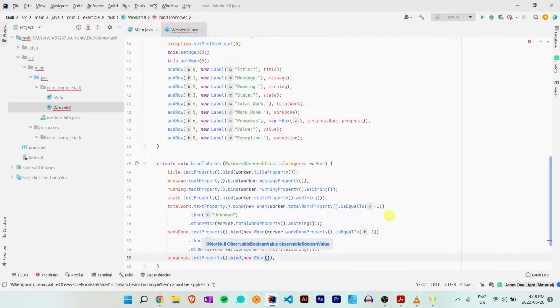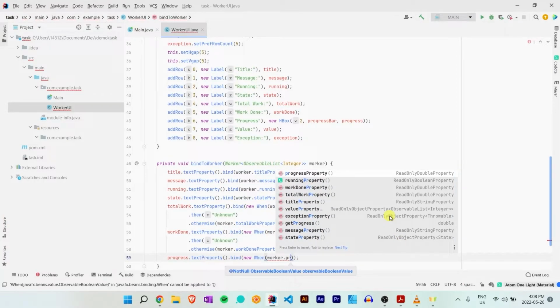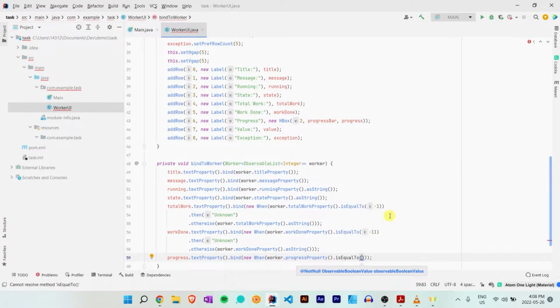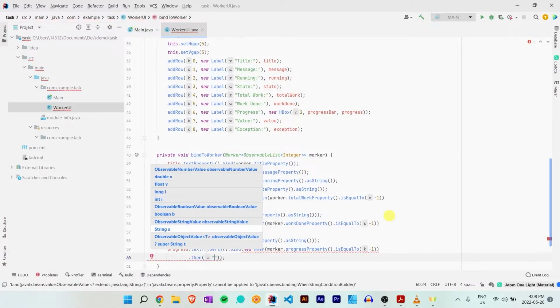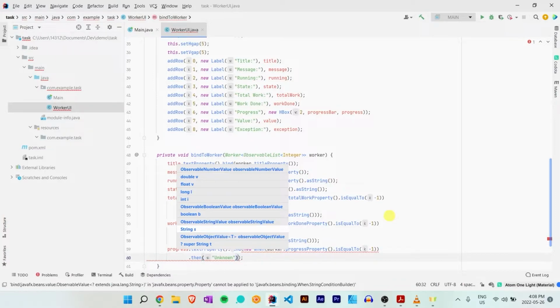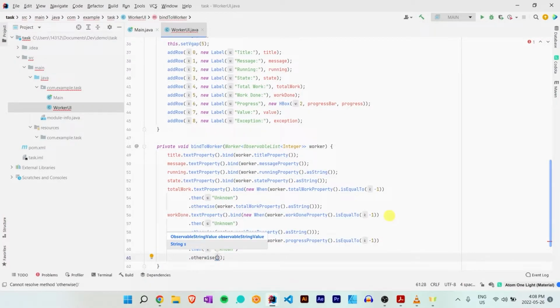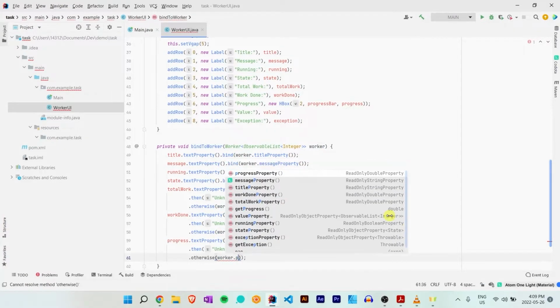New when worker dot progress property that is equal to -1, then it will be unknown. Otherwise, worker dot progress